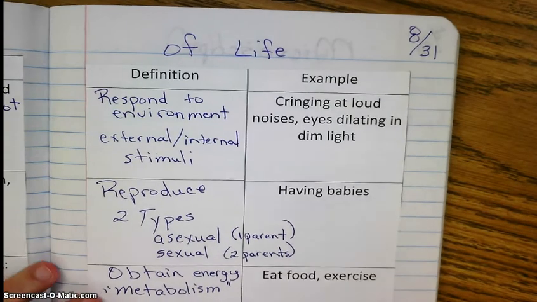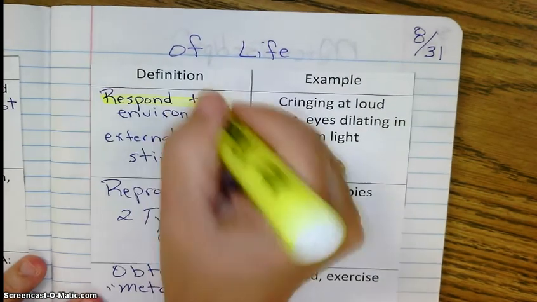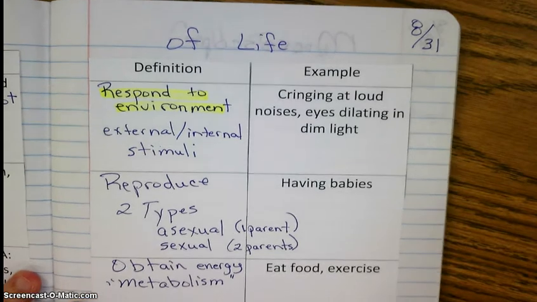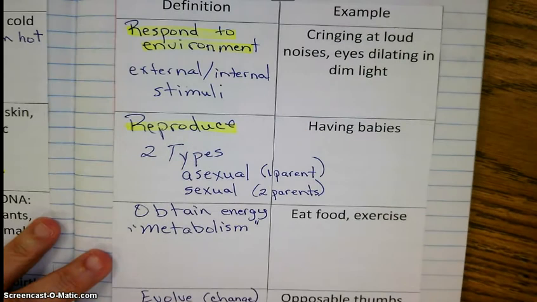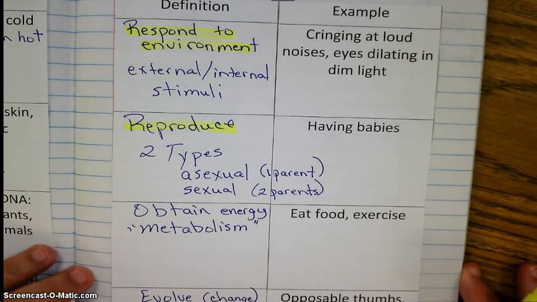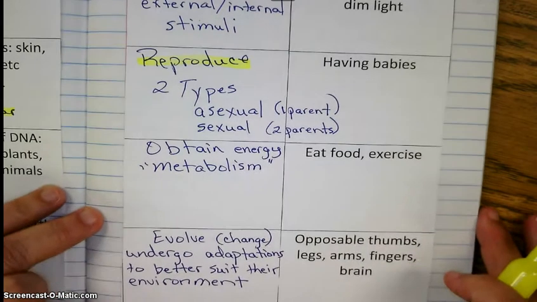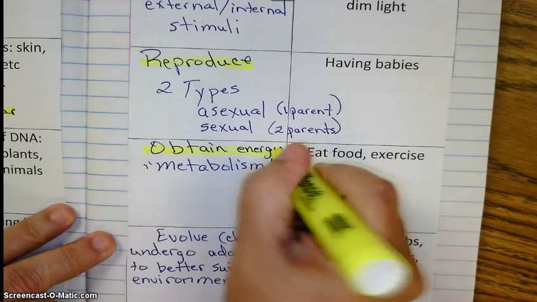More characteristics of life. All living things have to be able to respond to their environment. They have to be able to reproduce. You don't have to know the 2 types. We'll talk more about those in a later unit. You do need to know that